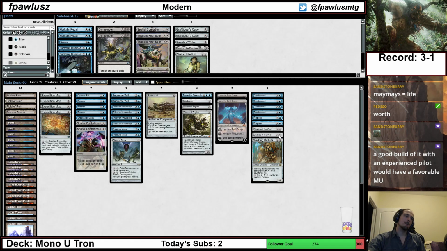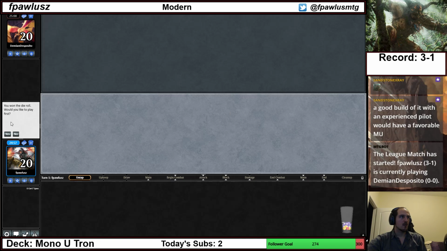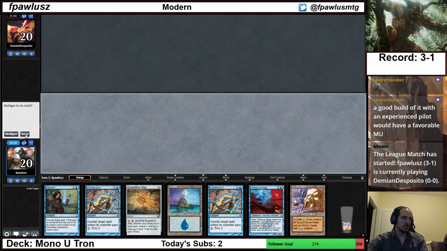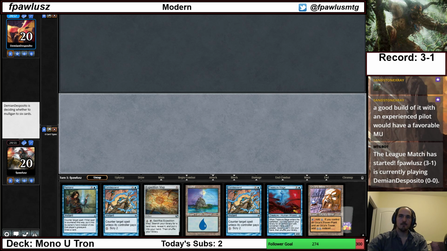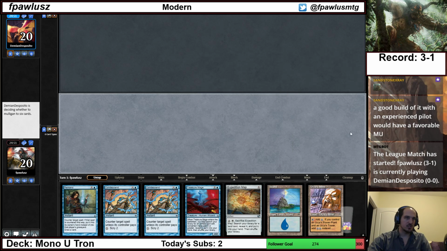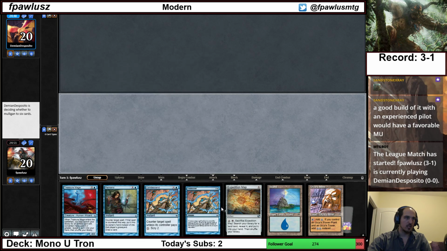There we go. Demian Desposito. Yes, Neep. So as usual, we're going to be on the turn 1 Urza's Mine into Expedition Map. On turn 2, we're going to be able to hold up any of our counter magic. If we're playing against Burn and they play a creature on turn 1, then we are in trouble. Any other case, I think we are going to be in a good spot. But if they go exactly, you know, turn 1 Goblin Guide into basically anything,